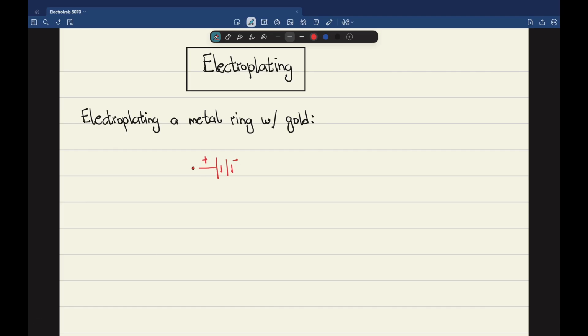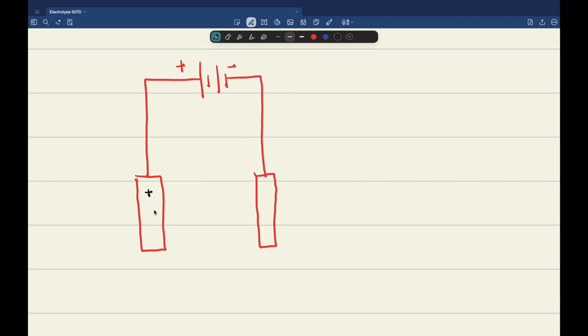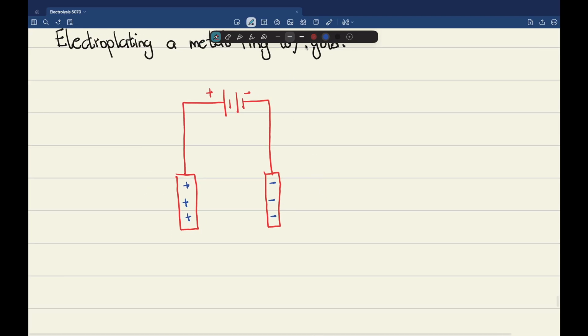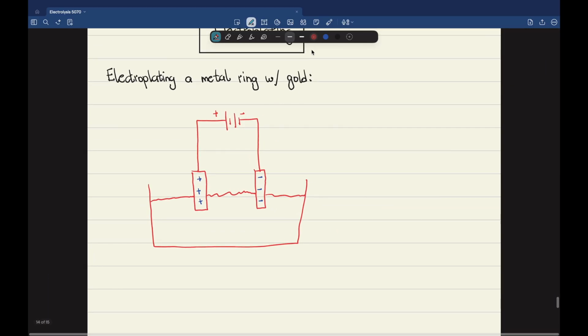Okay, let's draw this here. We have our positive electrode, also known as the anode, and the negative electrode, also known as the cathode. And here you have positive charges, and there you have negative charges. And we draw a container again. I want you all to be comfortable with drawing the electrolytic cell of any sort of electrolysis that I ask you to do. Okay, and here you have it. Now what happens is